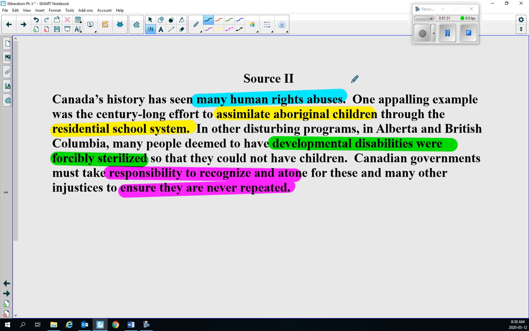So even though we don't learn a lot about residential schools in 30-1, you did back in 10-1. And so you'd have to recall some of that information to attack this part of the source. You would talk about the purpose of the residential schools, talk about the time frame, late 1800s. The last one actually closed as late as 1996 in Canada. And you might talk a bit about why they had the schools and what went on in them.